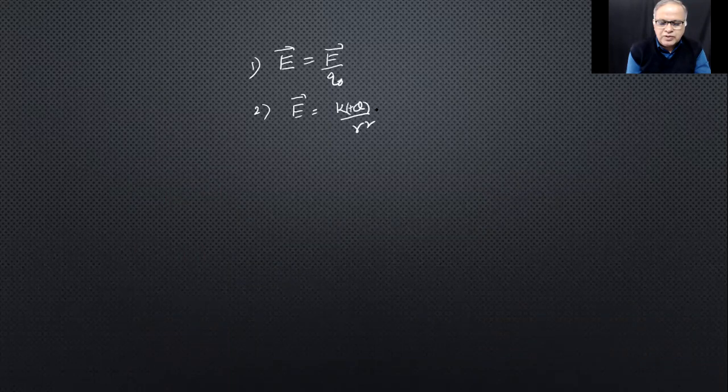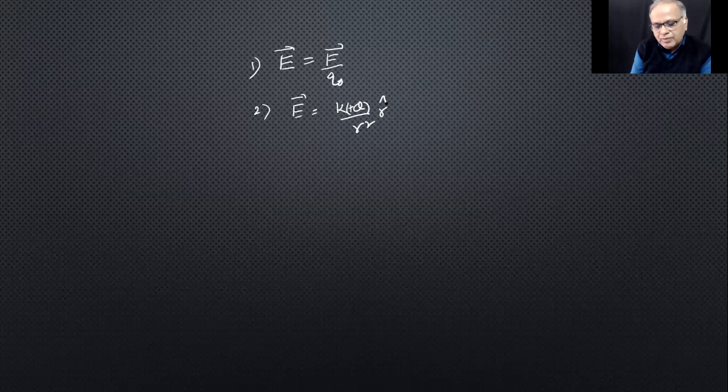What was the definition of electric field strength? Basically, E equals F by Q naught. That is force per unit positive charge. And from there, you get the electric field strength of a point charge. E equals KQ by R square, K into plus Q by R square R cap, for example. Due to a plus charge, and due to a minus charge, K into minus Q by R square into R cap.